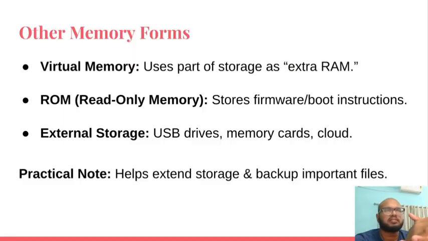Okay, now let's talk about other types. In simple terms, other types include virtual memory, that is, it uses part of storage as extra RAM. There is a feature in my phone called memory boost. I told you I have 8 GB of RAM and 128 GB of extra storage. But if I feel my RAM is not enough, if I want to multitask a lot,